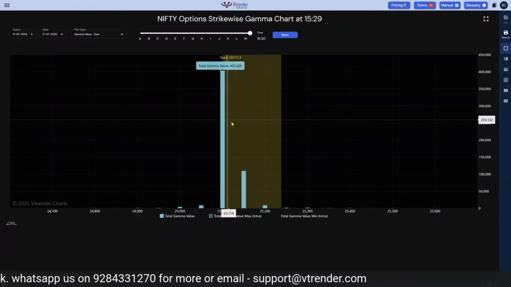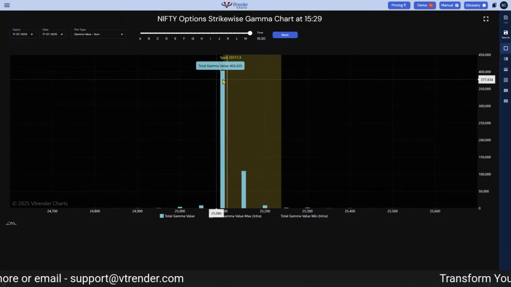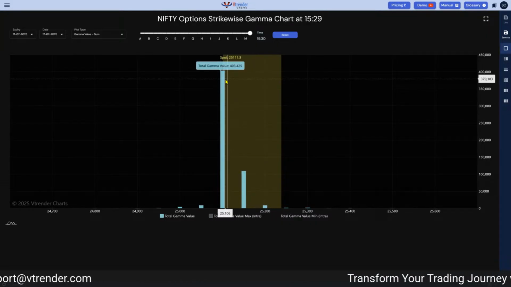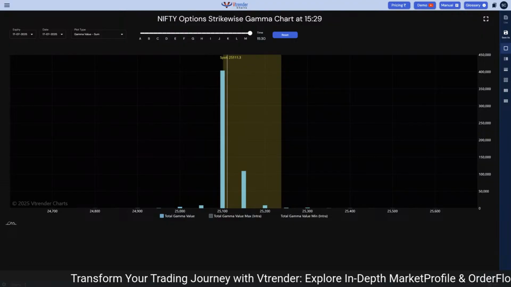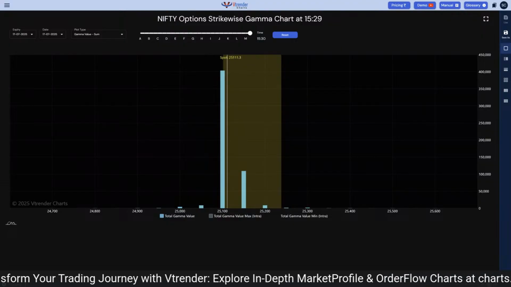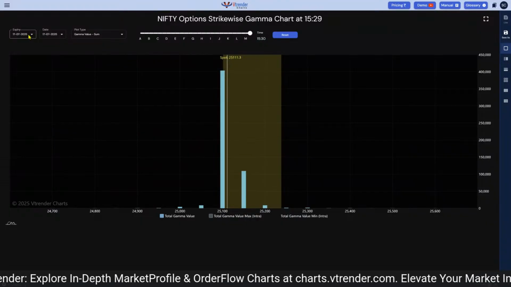So you'll see this happened regularly, but towards the end of the session, wherever the gamma value is, that is the assumed close of the market. In a sense, you are reading the market's mind by keeping this chart open, and if the skew is good, that's the time you take some very good positions for yourself.